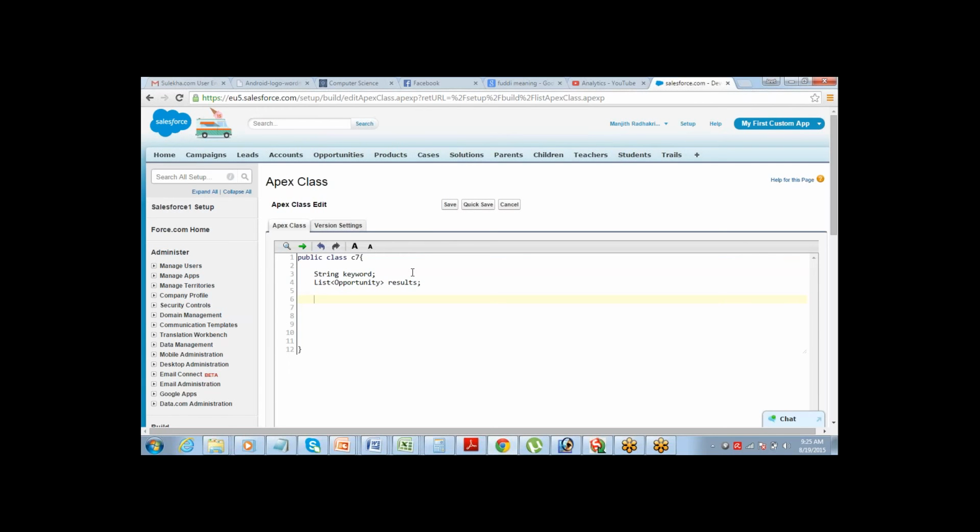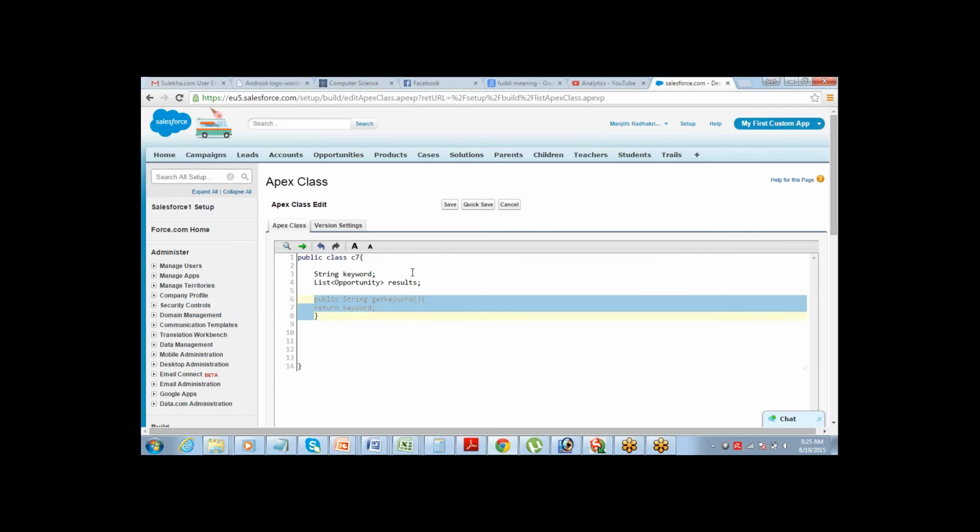Now the next thing we'll have to do is define a get method for both of these values, because I want to call them on the Visualforce page and display the values. So for the first one, public string get keyword, return keyword.